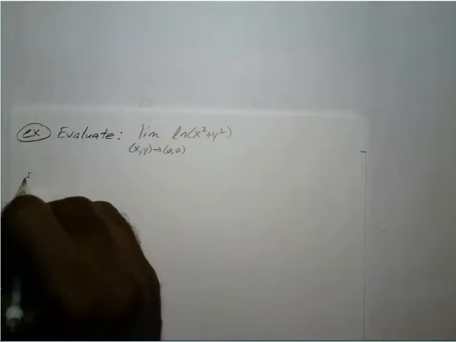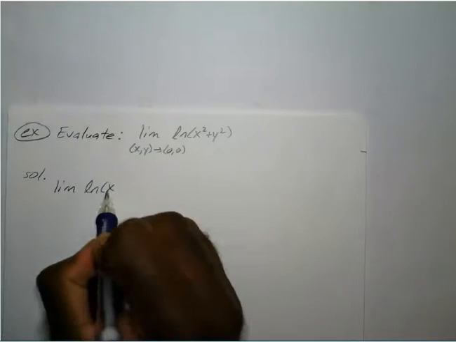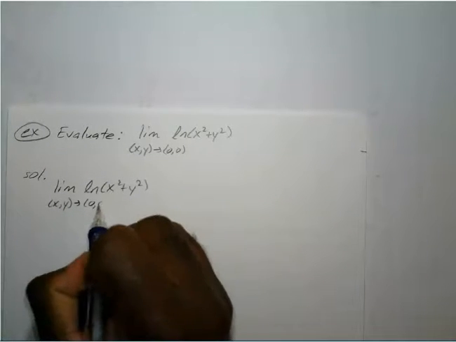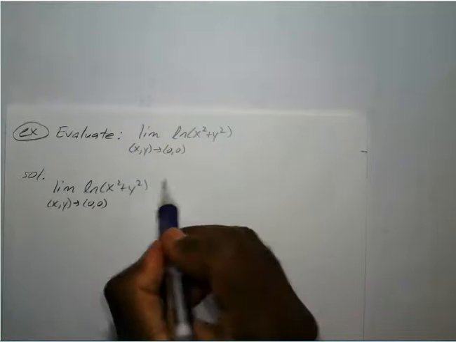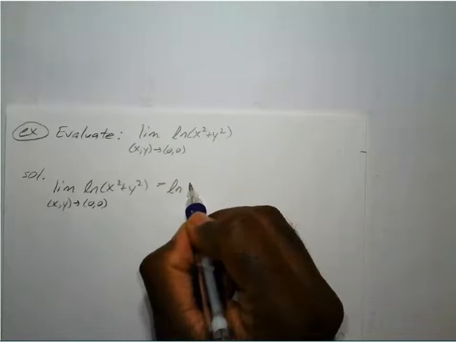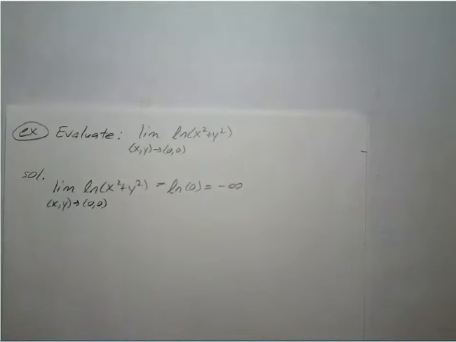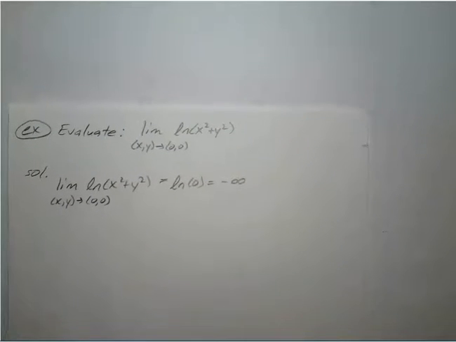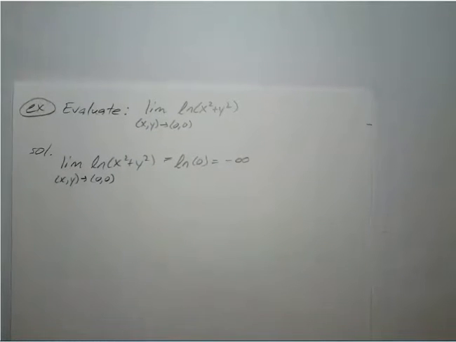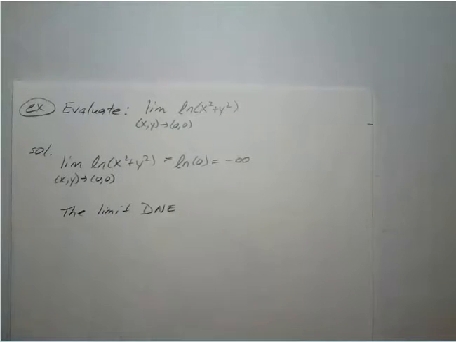All right, so this one, again, just using direct substitution, limit of the natural log of x squared plus y squared as xy approaches 0, 0. We plug in x equals 0 and y equals 0. That's just the natural log of 0, which is negative infinity. Okay, so of course, if your limit is negative infinity or positive infinity, then it doesn't exist. Okay, so the limit does not exist,